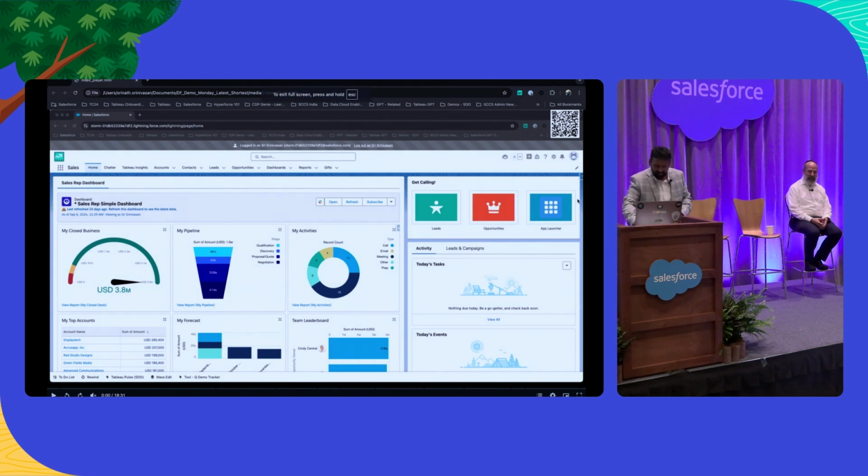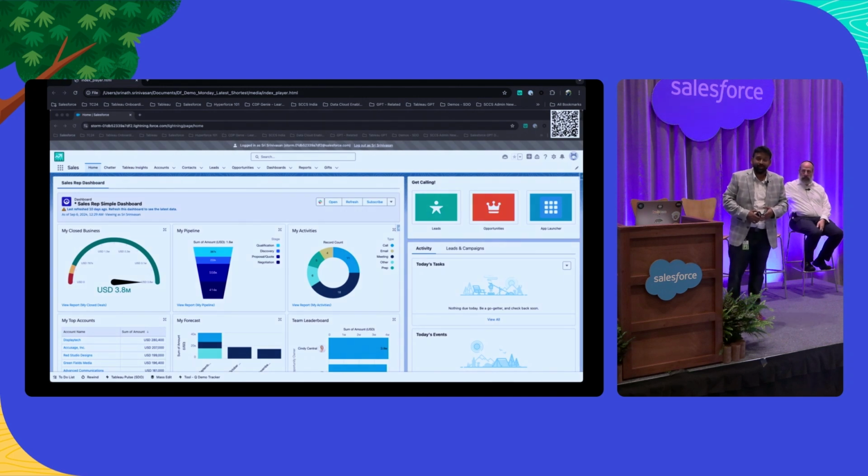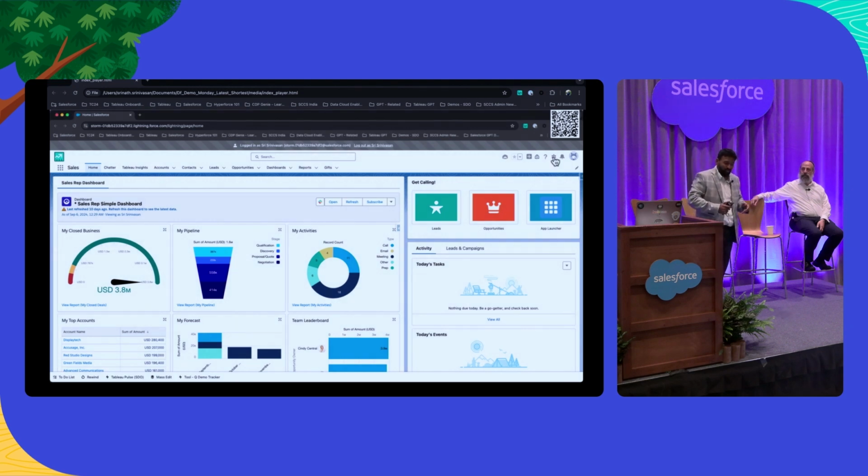So this is my environment. I've already got it set up. If you don't have an environment, go ahead and get one in Trailblazer, or if you do, make sure that you have the right permissions and the right generative AI capabilities turned on. If you don't have the ability to do that, go ahead and talk to your admins to make sure you get that. As I mentioned, for the first use case, we're going to use a prompt builder.